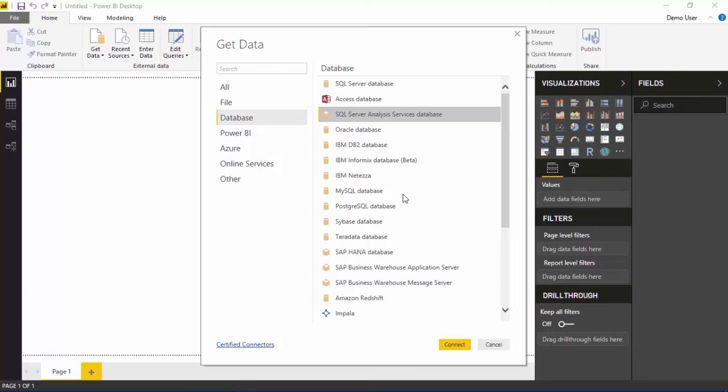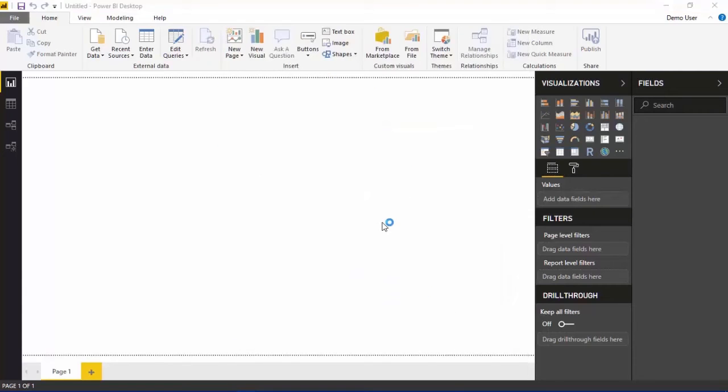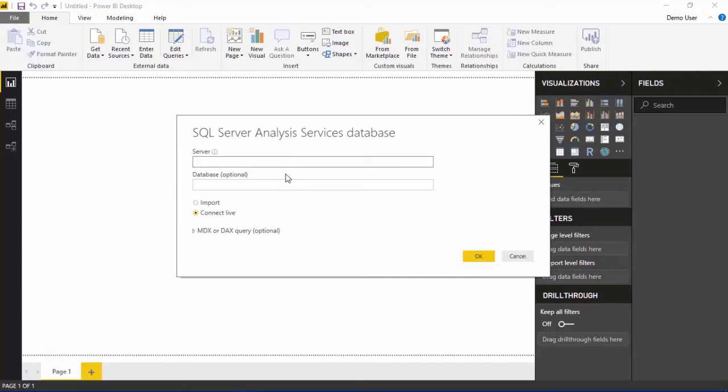That's what it's known as internally, the techie term for it. So I'm going to connect to that pretty much in the same way as we would connect to the cube using our own Report Studio. And again, it would really help if I spelt this correctly. So EiB Analytics, and I'm going to say connect live,